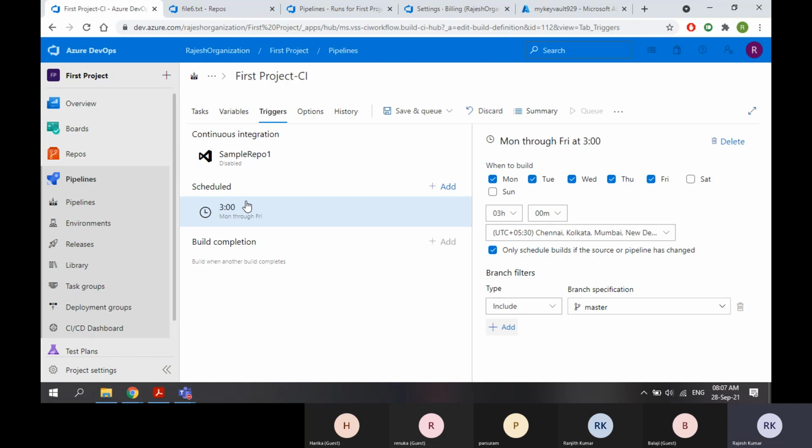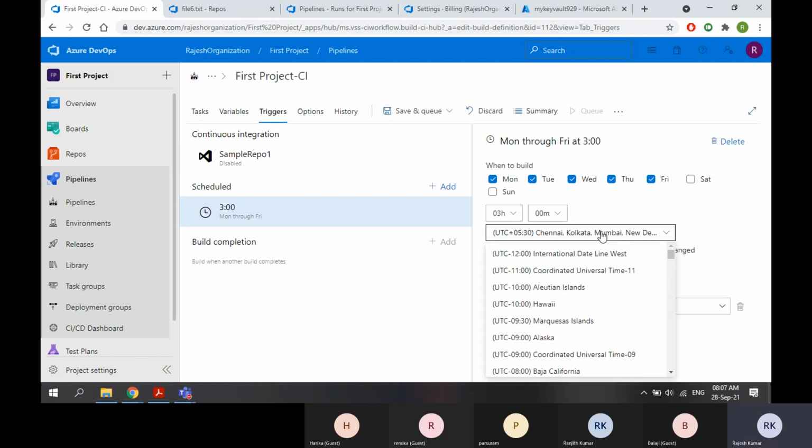When you are using a schedule trigger, please make sure that you are selecting the time zone as per your office location or as per your development team location.